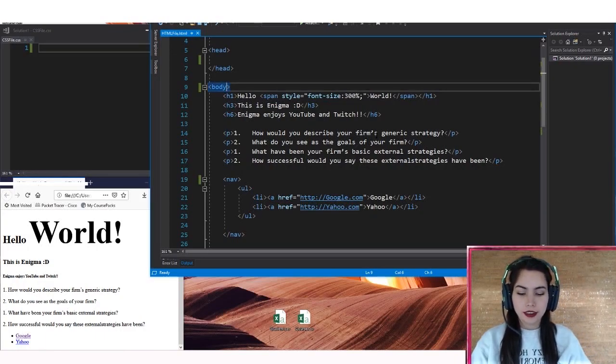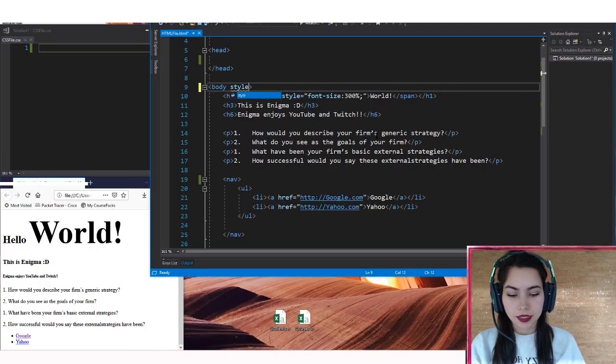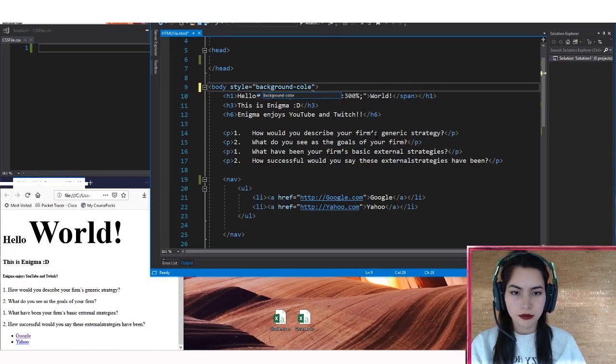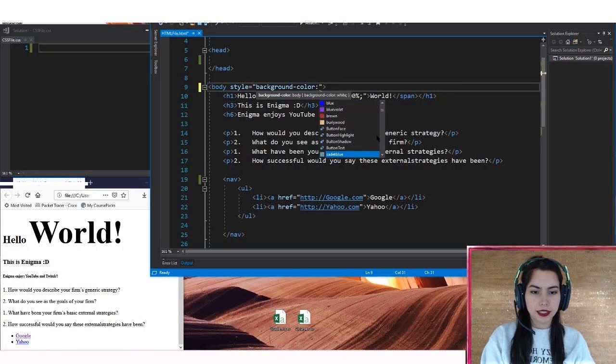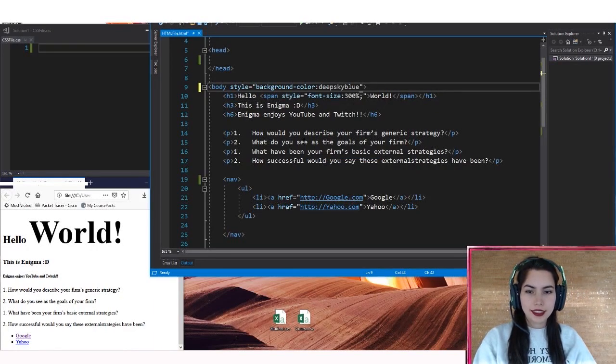Let's go to body and put a space. Let's type style, equal that to background color. And then we're going to equal that to something pretty. Let's do deep sky blue. That looks like a pretty color. And let's go ahead and go into